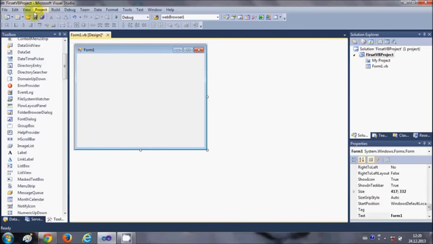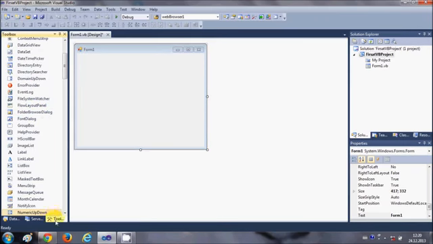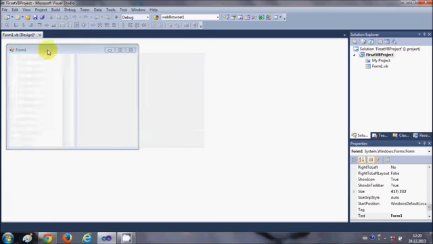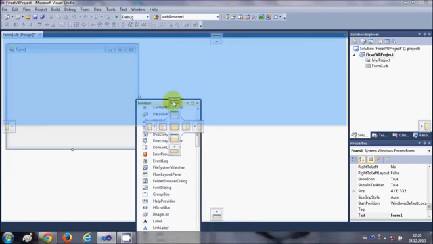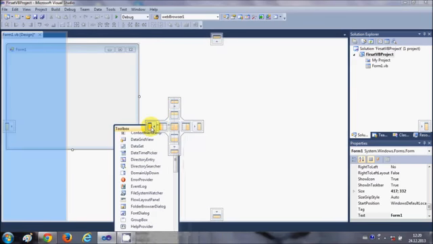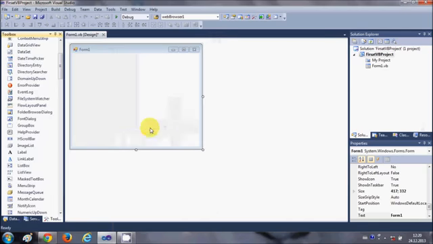For example, if you don't have the toolbox or you can't see it in your environment, just go to View and click Toolbox from here, and you can dock this at the bottom also, and you can dock it to the top, right or left like this by just clicking like this.